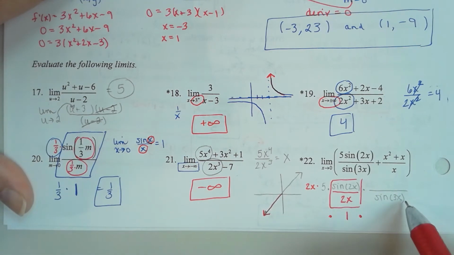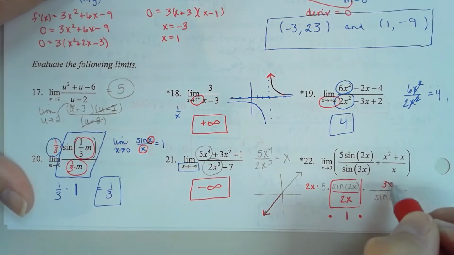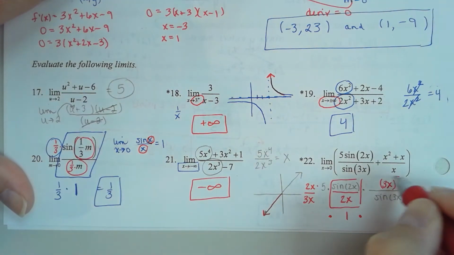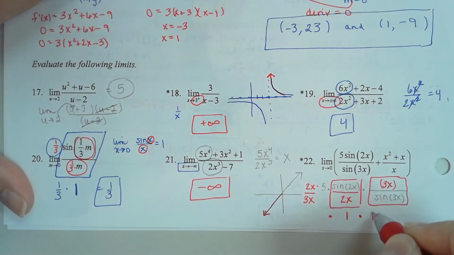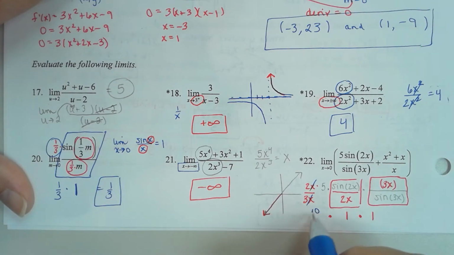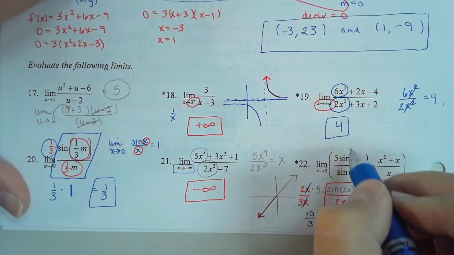If this is a 3x inside, I'd love to have a 3x on top, which means I need to go put a 3x in the bottom somewhere. This limit is now equal to 1. And then out in front, I'm going to cancel my x's, and I'm left with 2 times 5 over 3. So I have 10/3 times 1 times 1. So I have 10/3